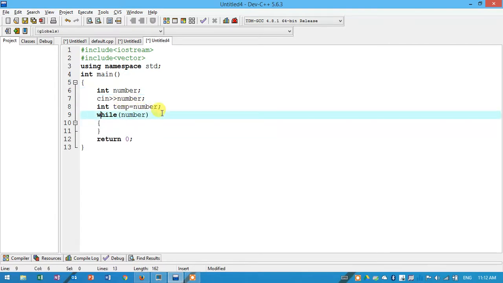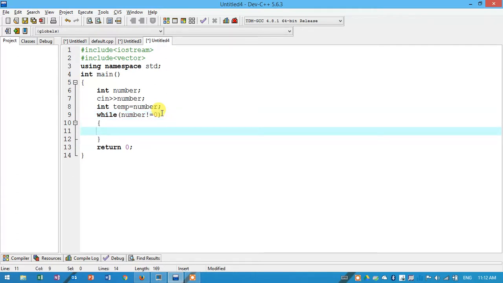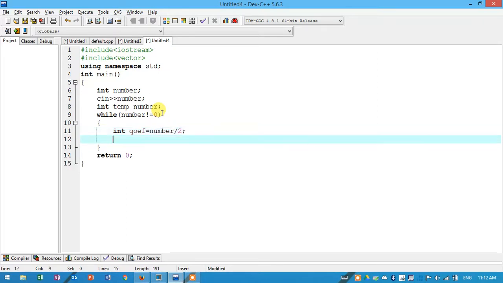We continue until the quotient is 0, so while number not equals 0, we divide it by 2. So int quotient equals number divided by 2.